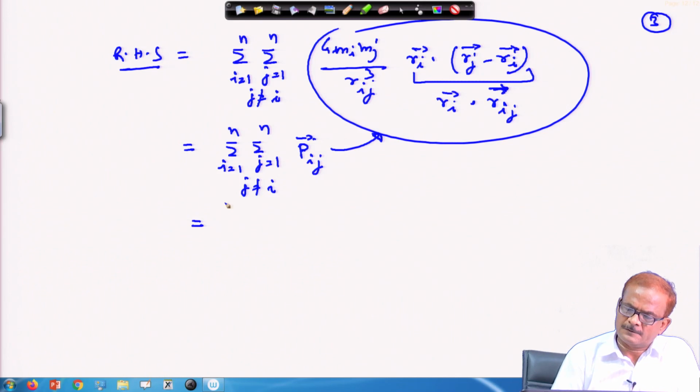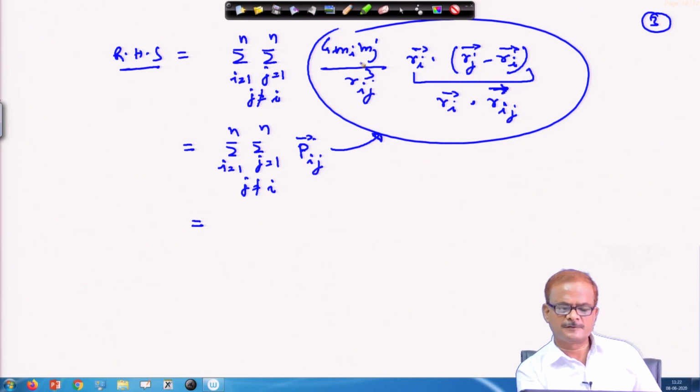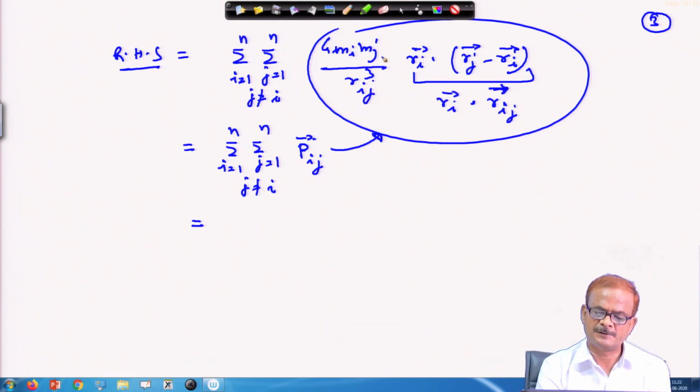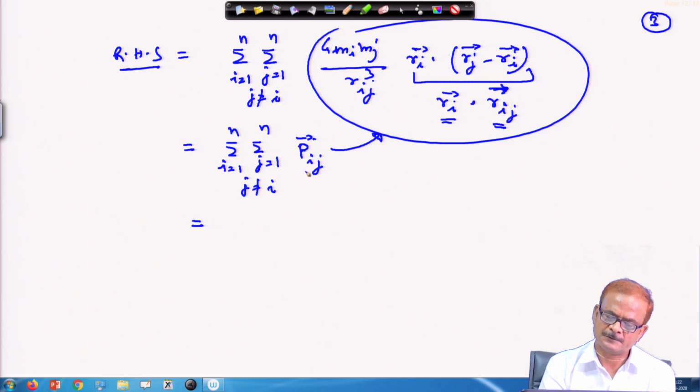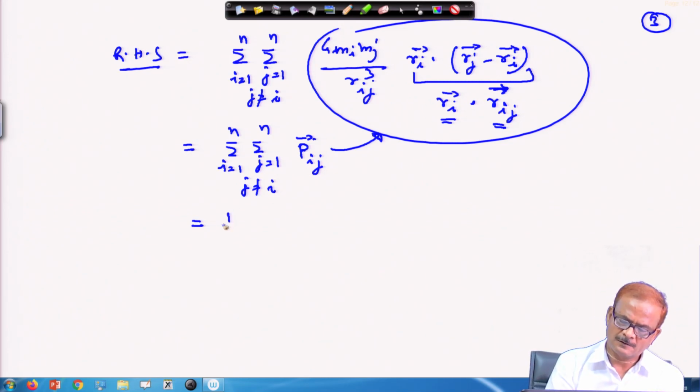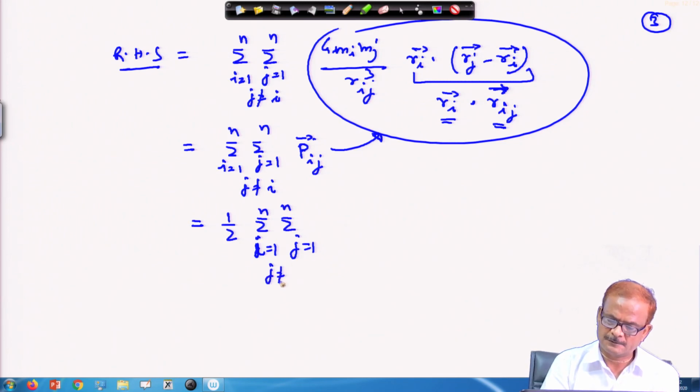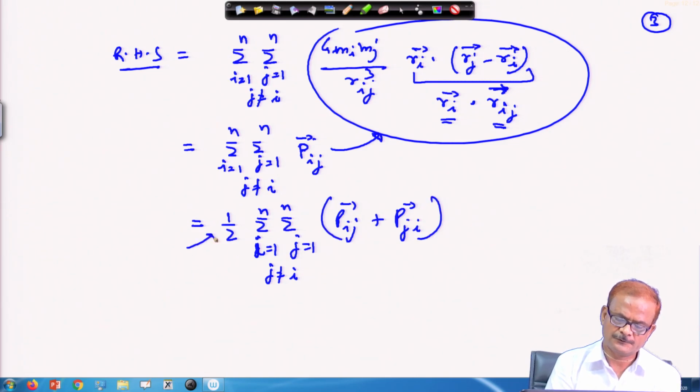And already, because of the symbols we are using here, the subscripts we are using here, p I m I m j, r I j, r I r I j. So, this way it is just depending on I and j, and following the earlier notation again, this can be written as j not equal to I, p I j plus p j I, and 1 by 2 introducing here.